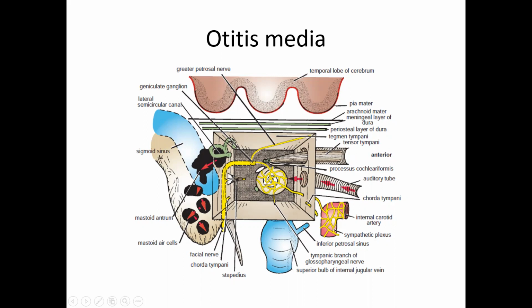And of course, what you can't see, the lateral wall is cut open. It can burst through the lateral wall of the middle ear. The lateral wall of the middle ear is formed by the eardrum, the tympanic membrane. So it can cause bursting of the tympanic membrane, and pus will come out of the external ear. These are the complications of otitis media.